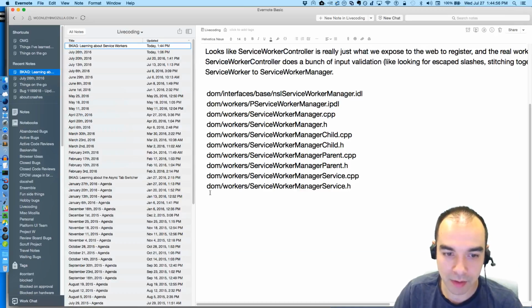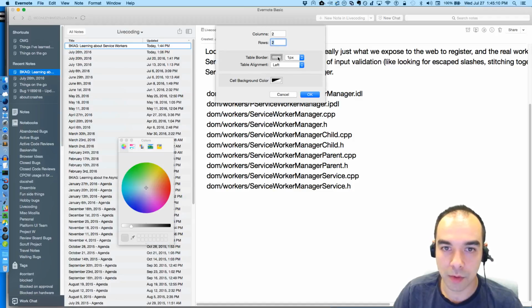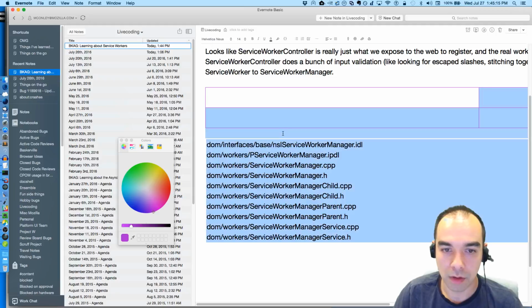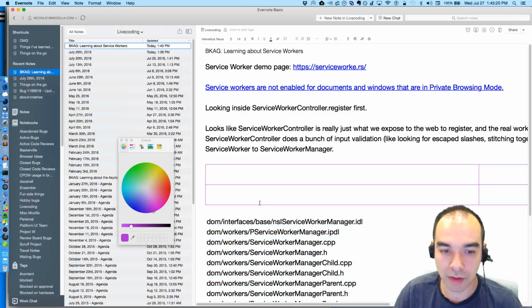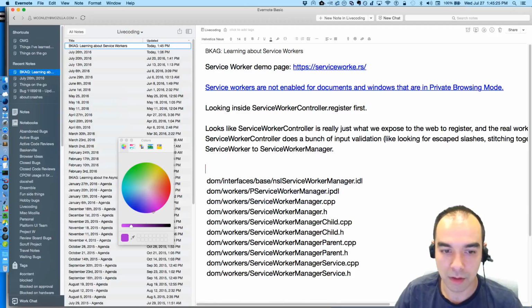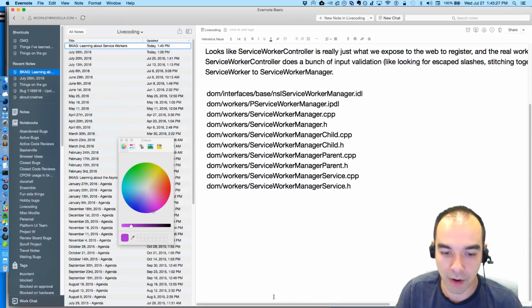What am I dealing with here? Is this a table? Table properties. Table border. Purple. I think there is a table down here. I need to get to the very bottom of this table and delete it.